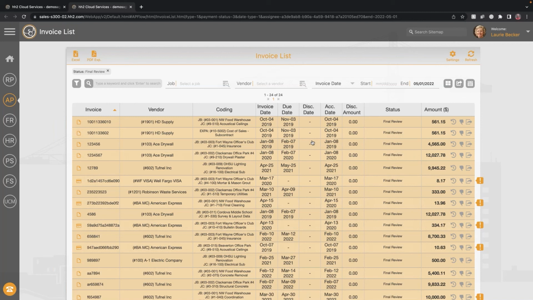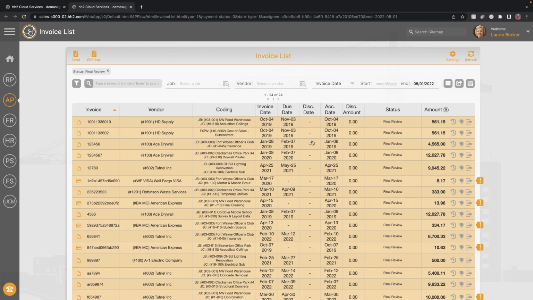Now, we have one other option of getting invoices synced in to the accounting system. Some companies have the workflow where they don't really have a final review concept because someone in their review process is part of that. And it's kind of redundant to have them come in and then say, okay, let's now push these in. I've already approved them. I'm part of the review process. So we have a setting you can turn on that instead of waiting for this final review, once the final approver has approved that invoice, we just push them in automatically. So depending on your workflow and your company's policies, you might find that one of those processes works a little bit better.